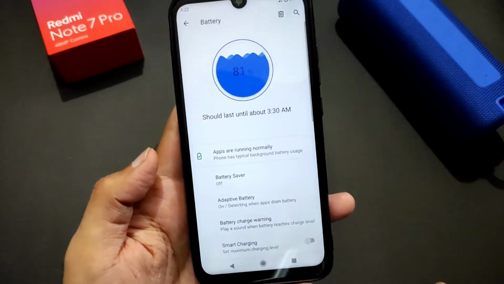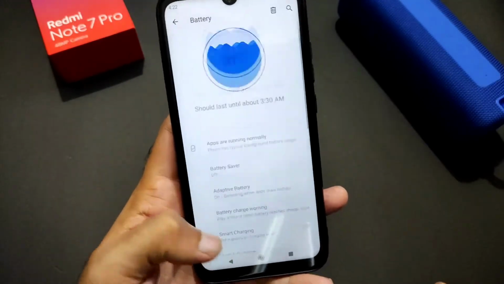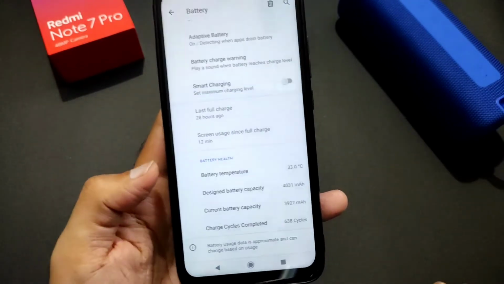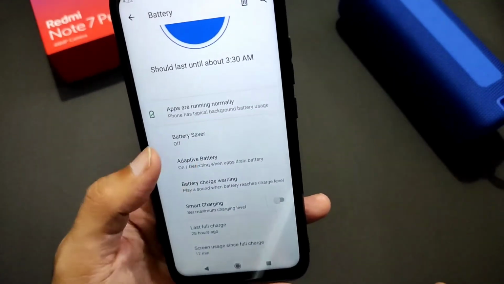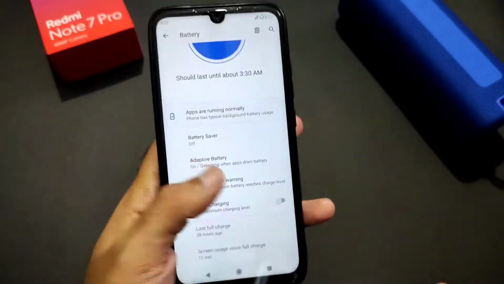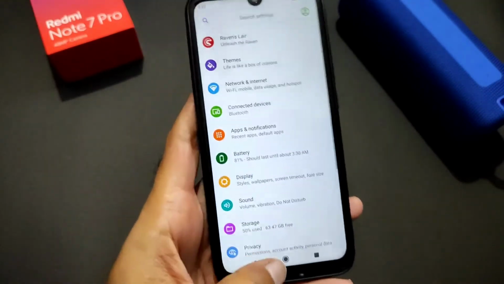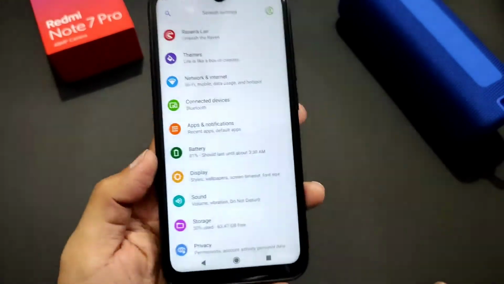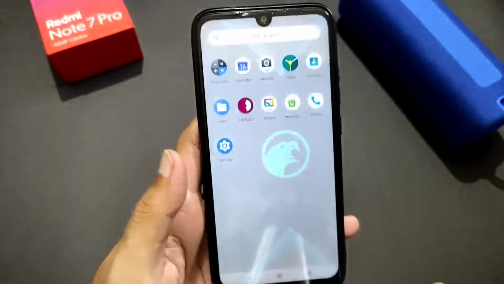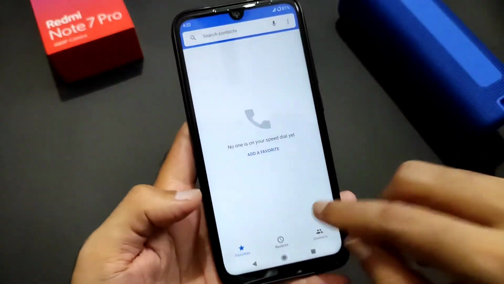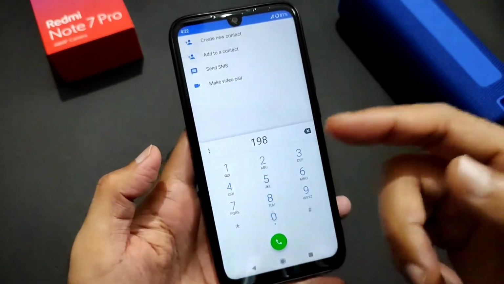And this is the CorelDRAW OS 10 extension version, and this is the battery life, and it's good. You get all the cycles and battery temperature, and these settings are given. Even the adaptive battery saver options are also given in this ROM. It's working fine. You can definitely try it out. You know already this CorosOS is based on gaming only, heavy performance tasks, and in the dialer many people ask about this. Let me show you.